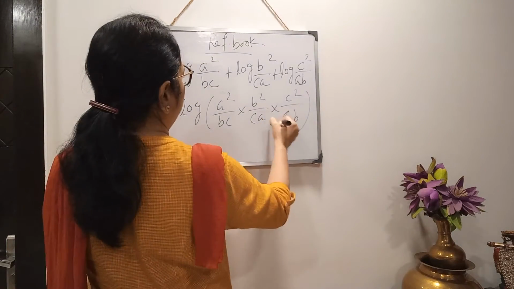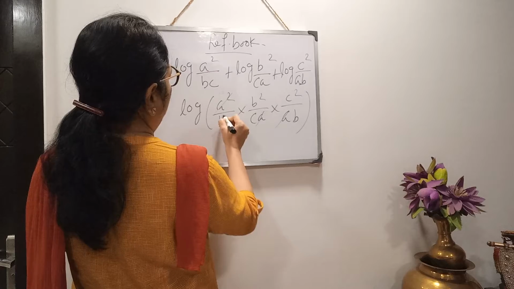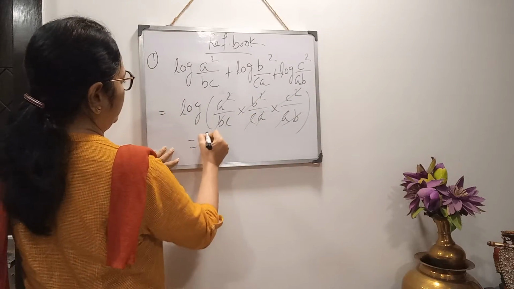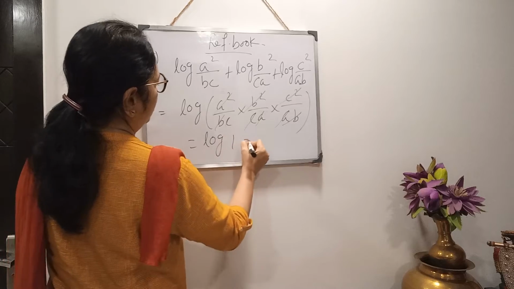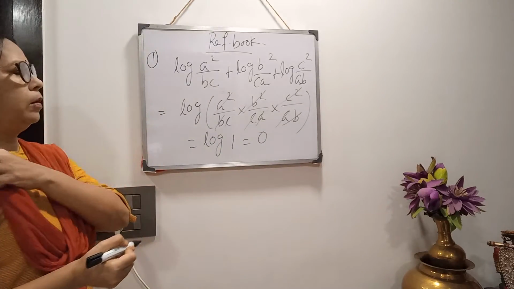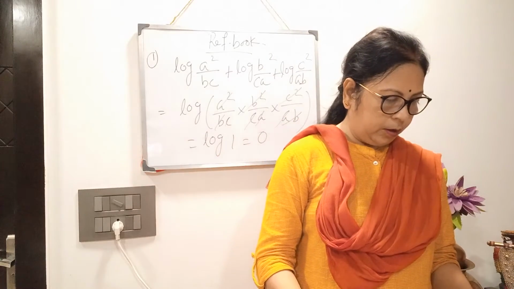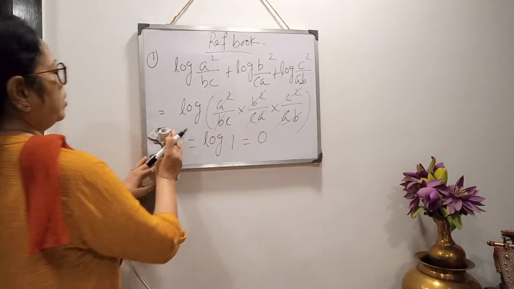Now this will be cancelled out, b square c square. So everything is cancelling. So log 1 means the value is 0. By the property of log, its value is 0. Clear? Now if the sum is this type,